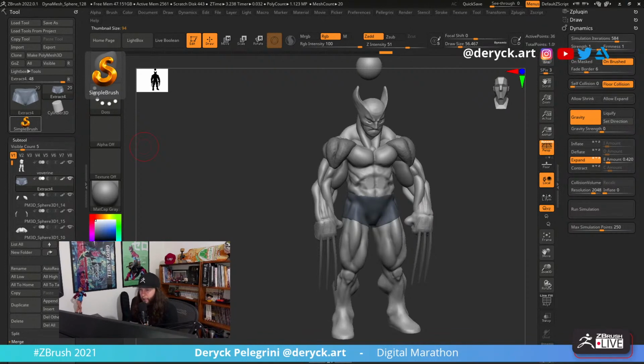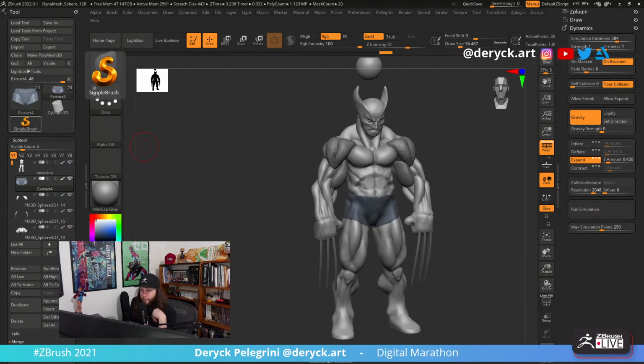Comics Legend, do you have a template body with all the muscle shapes so that you can create any character? No, I don't. Well, from years and years of production and working, I have a bunch of base meshes, if that's what you mean. I have human base meshes for female, for male, for animals.